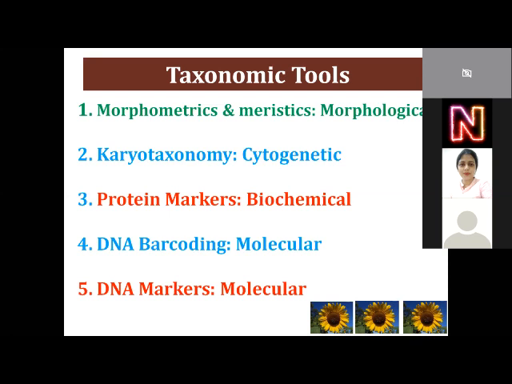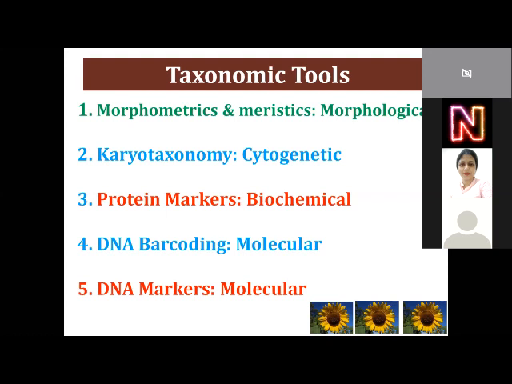Now today we'll see some of the biochemical markers, the protein markers. The protein marker is a biochemical tool that can be used for the identification of the species. Then we have already taken DNA barcoding, where we have seen that DNA based information is used for the identification of species. In the very next class we will take the DNA markers. Barcoding we have already taken; other DNA markers we will see. So today we will go for the protein markers, which are actually biochemical markers.